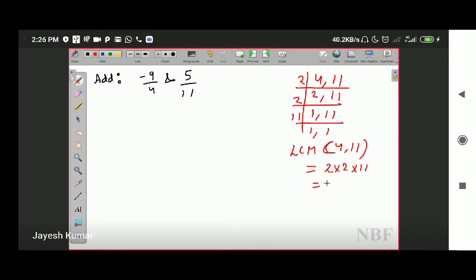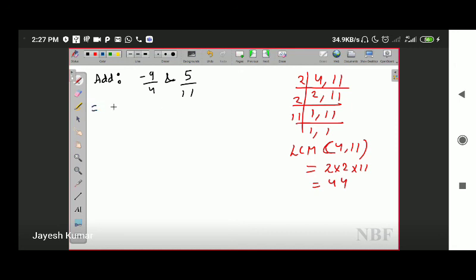that will be 44. Now I want to ask you something. What should we multiply 4 with in order to get 44? See, what I have done with the red pen is rough work. You are supposed to do it in rough as well, along with the question you are doing. Once again, what should we multiply with 4 to get 44? I guess you all know the answer, that is 11. And similarly, what should we multiply with 11 to get 44? Your answer will be 4.